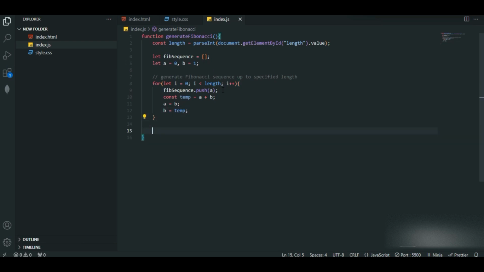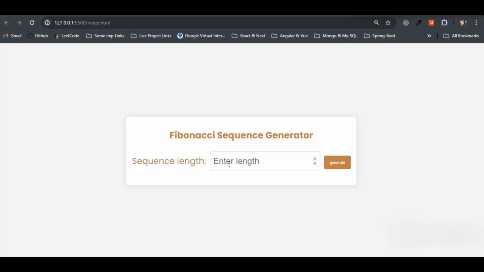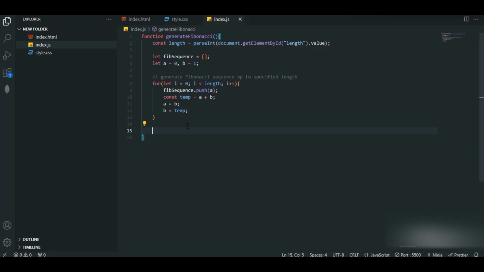So next what we'll do, final step, we have to display the generated Fibonacci sequence in the output element just below this one, right here, just below this input and the button. We have to display here the Fibonacci series of the specified length. So I'll just display the generated Fibonacci sequence in the